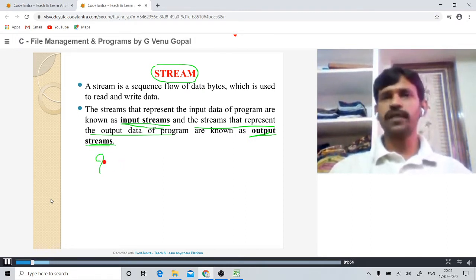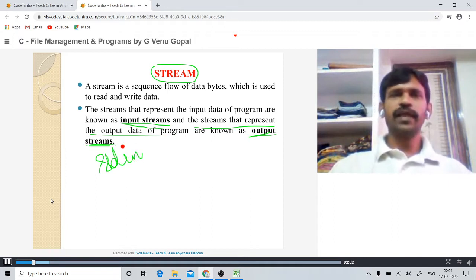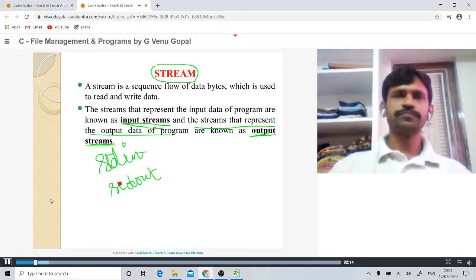We have already seen these two: stdin is the standard input stream used in C programming, and stdout is the standard output stream used for printing.